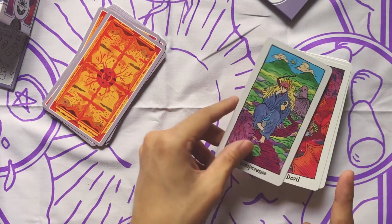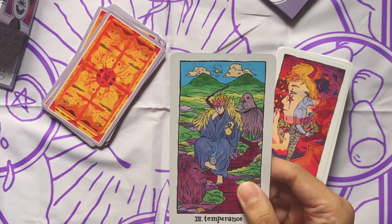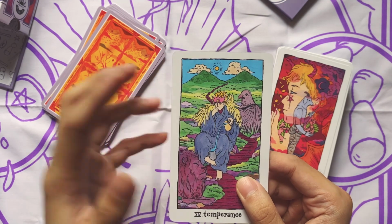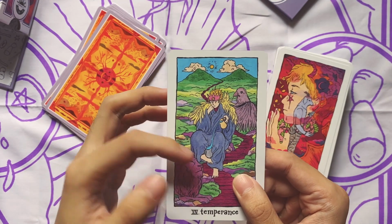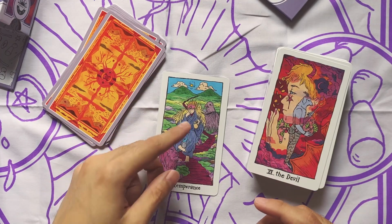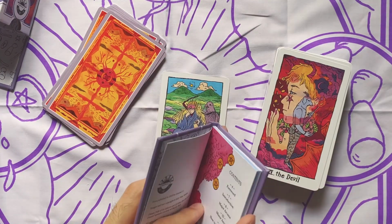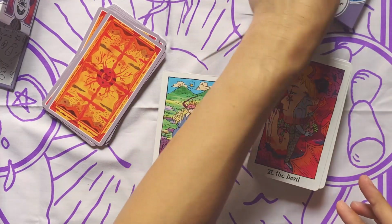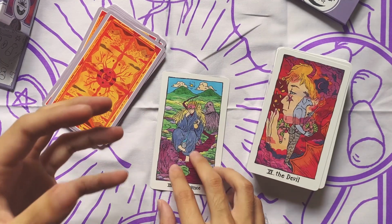Temperance. This is so interesting. I've never seen Temperance done this way. I honestly don't know how I feel about it, because Temperance here looks so relaxed, and they're using their foot. Are these his wings? Oh, interesting. I'm going to take a look at the guidebook. I'm flipping through just because I'm trying to see if there is more explanation on the symbolism that they use